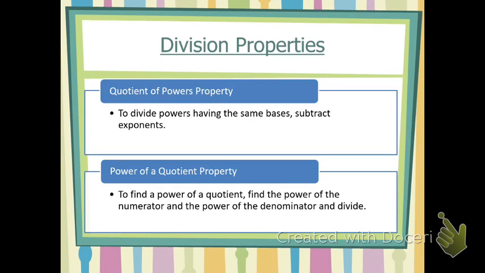Next we have our last two exponent property rules. The first one is the quotient of powers property. That one says if you divide two powers that have the same base, you keep the same base and you subtract the exponents. Now, an example of why that might work, let's say, for example, you had 3 to the